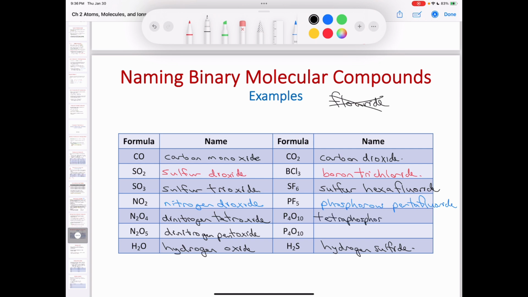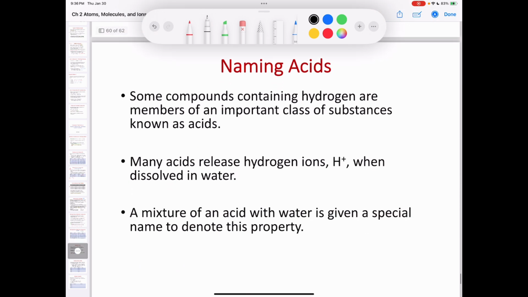I'm going to run out of space here. Phosphorus decoxide. Okay. And the last one we have, hey, what do you know? Tetraphosphorus decoxide. Okay, I guess there's a repeat in there. All right. Okay, so now if we want to name some acids, it says some compounds containing hydrogen are members